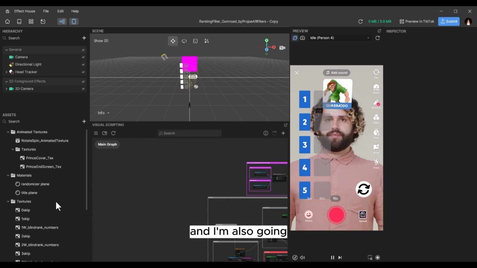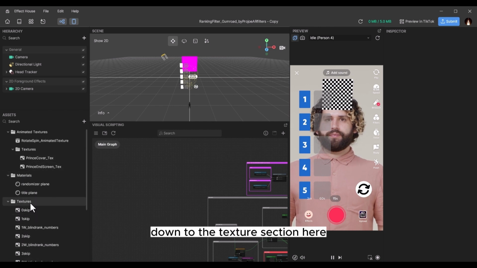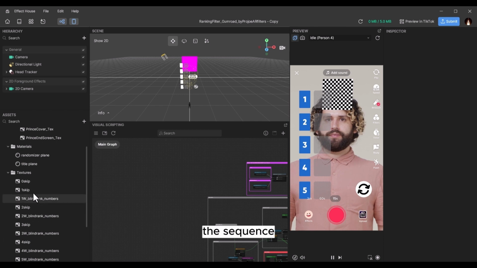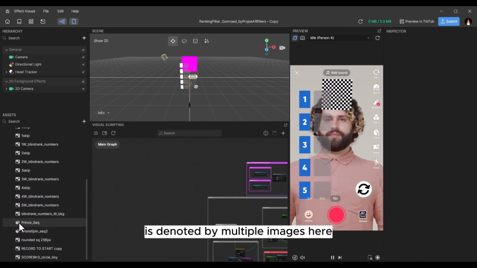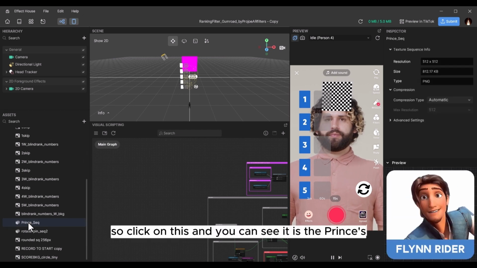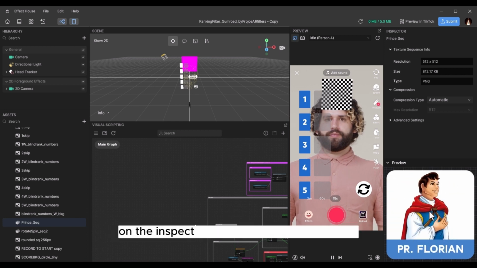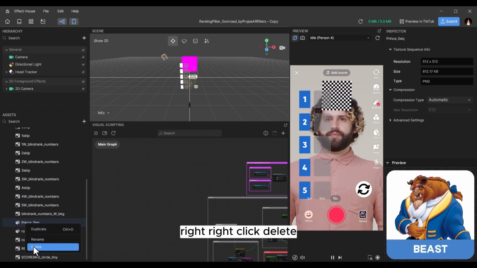And I'm also going to go down to the texture section here and look for the sequence. It is denoted by multiple images here like this, for example. So click on this and we can see it is the prince's sequence on the inspector panel on the right hand side. Right click, delete,